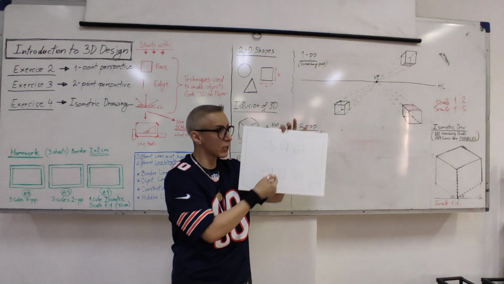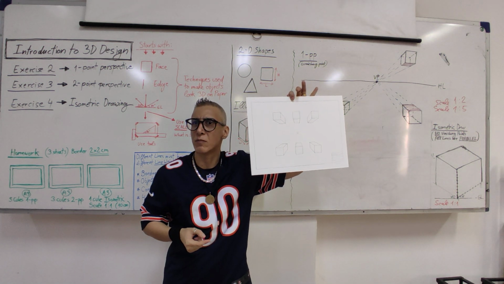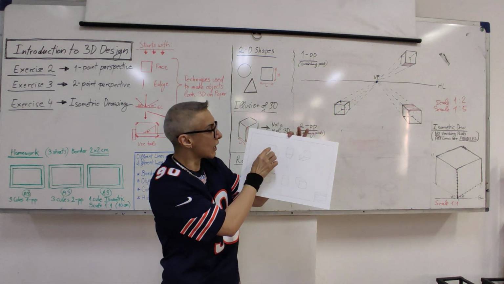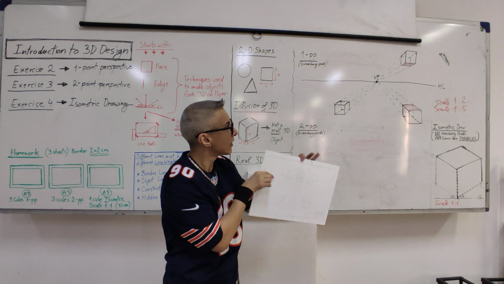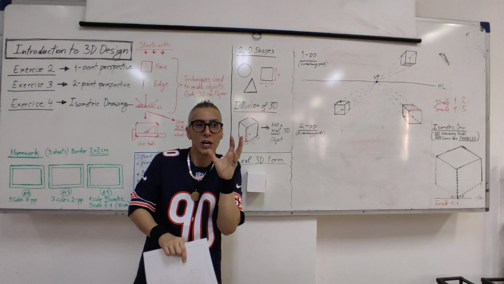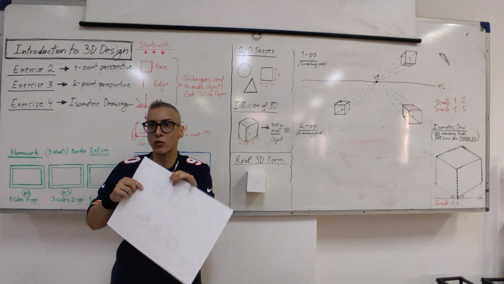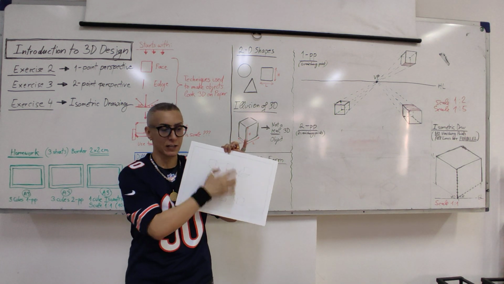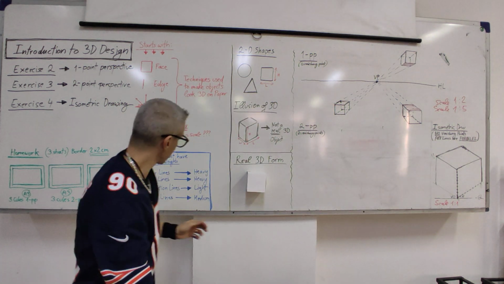The construction lines, can you see them or you can't see them? They're very light, okay? So this is a medium. And we have the hidden lines, which are these. They have to be also a certain thickness so that they don't stand out more than the object lines. So we have basically